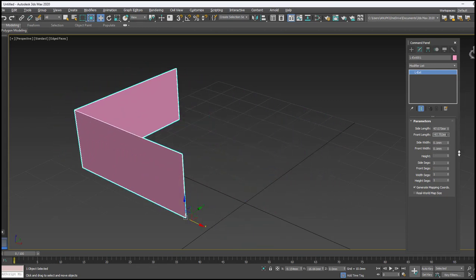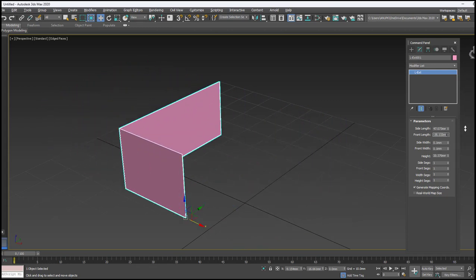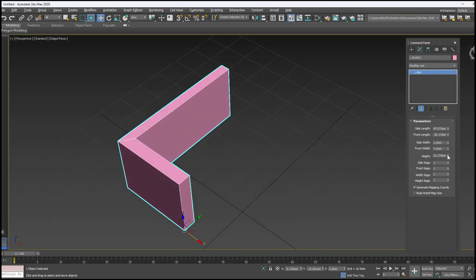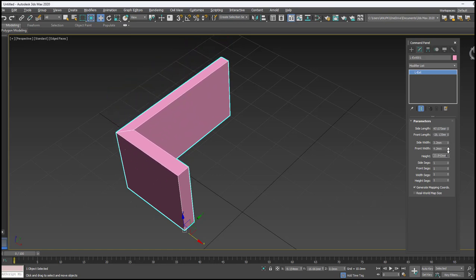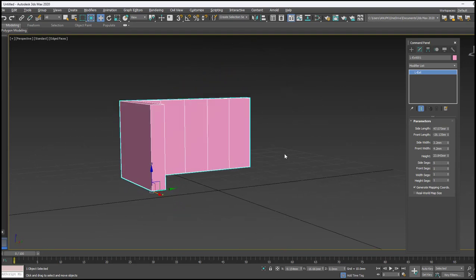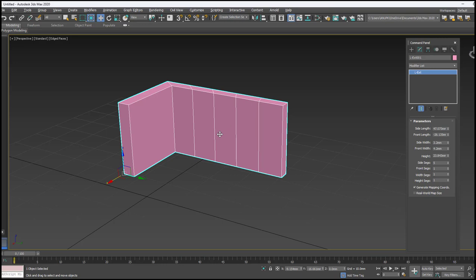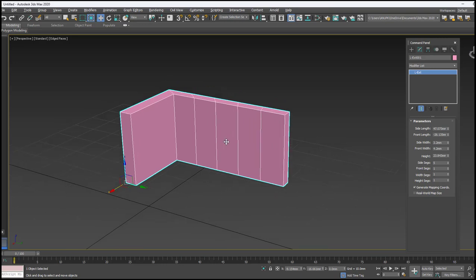In order to do an office compartment or cabin, you can go with side width and then side or front width. Height, how much height you want. Then side segment, front segment. For that, press F4 to get the segments and then increase the number of segments. In future, you can modify each face by converting it to poly. In that case, we use this edges option. Now I am just neglecting it. Make it 1.